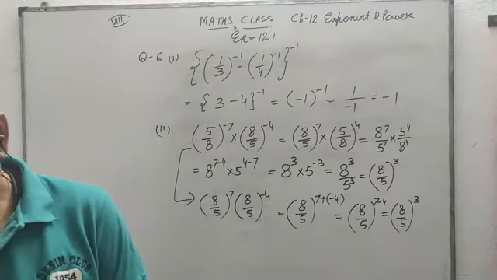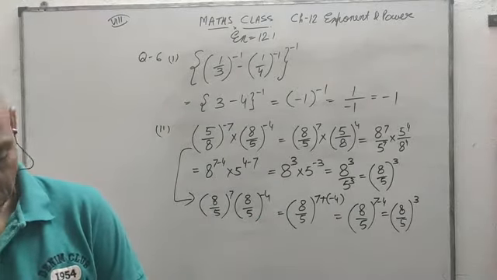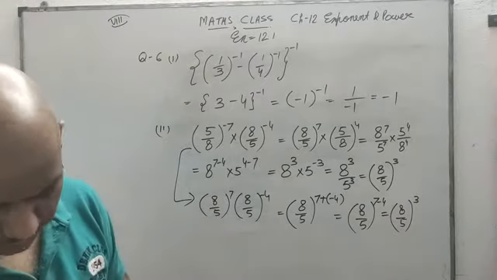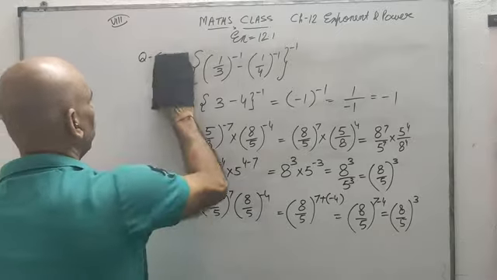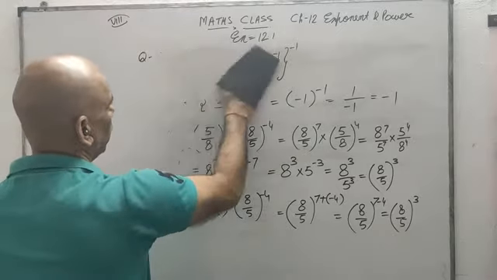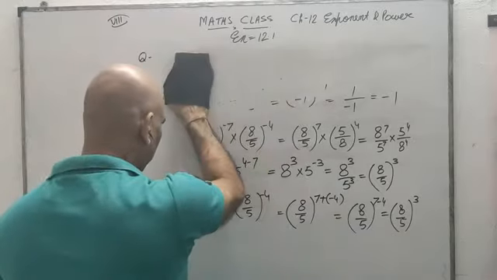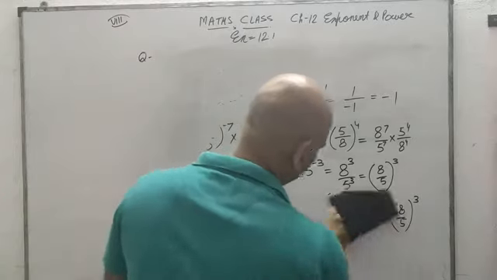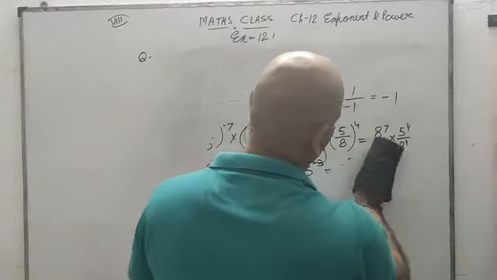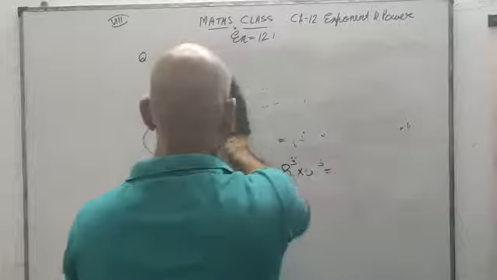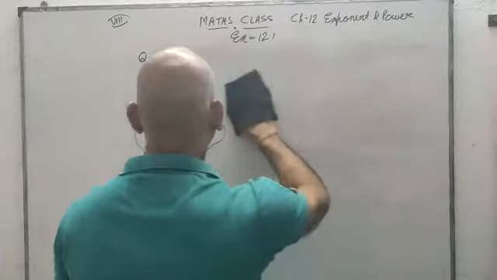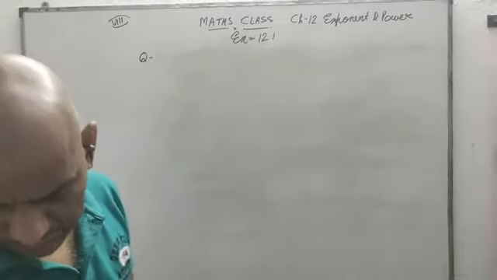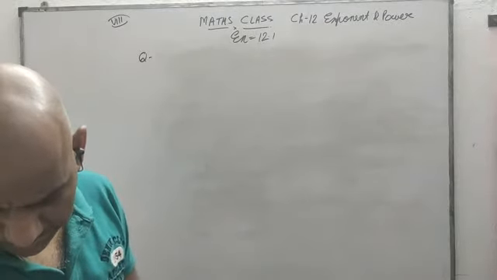Now let us see question number 7, which is quite an important question from the exam point of view and from other points of view also. If you have perfection in solving question number 7 type of questions, most of the things in exponents and powers are done, then nothing is left. This is the final thing. Let us see. You have solved this type of question in class 7th also, so it is the same, nothing new.